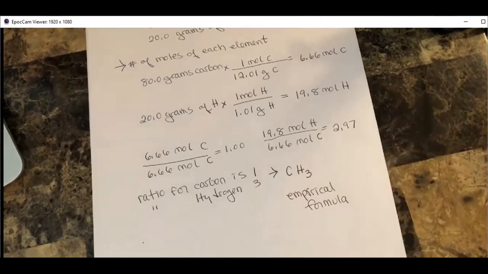So to find the molecular formula, what we're going to do is figure out the molar mass, the actual molar mass of the compound. So CH3 would be,